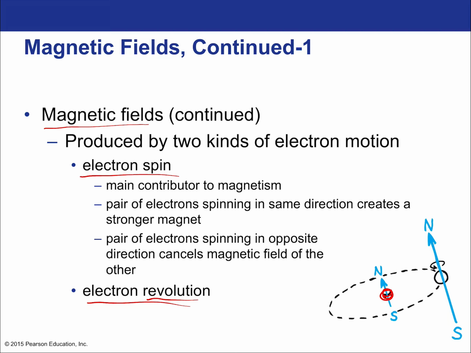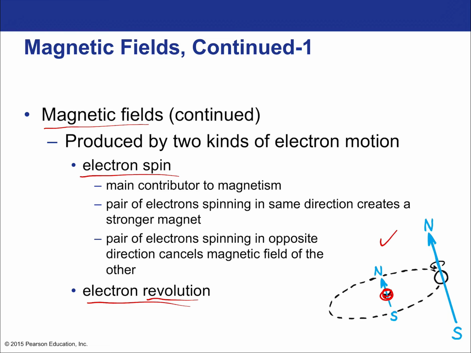Now, you can have magnetic fields that exist in gases that are maybe due to the actual motion of the atoms rather than the motion of the electrons within the atom. But regardless, it always comes down to moving charge. And in that case, the atom would have to be ionized, because if the atom is neutral, if there are just as many electrons as protons, then the bulk movement of the atom will not create a magnetic field because it's a neutral particle. Then the only magnetic field is going to be that created within the atom.